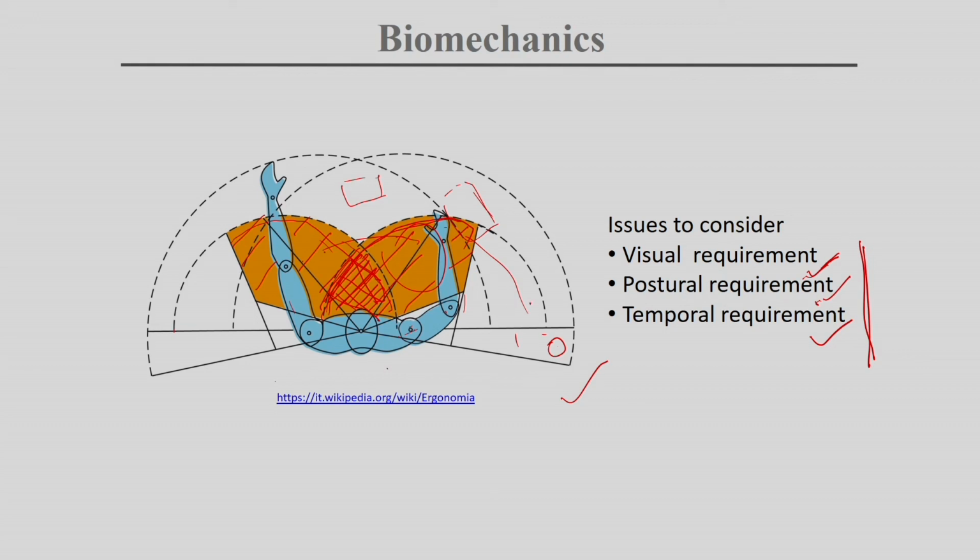Next, if we extend a bit, this is the secondary area. If your hand is extended, this is the next level, the second priority, where you can put things like this. This is the secondary area. The same applies for the left hand. Next is the tertiary area, which depends on the reach. We have discussed reach dimension in anthropometry. If you extend your full hand, this is the maximum reach you can have. For the left hand this is the part, and for the right hand this is the part.